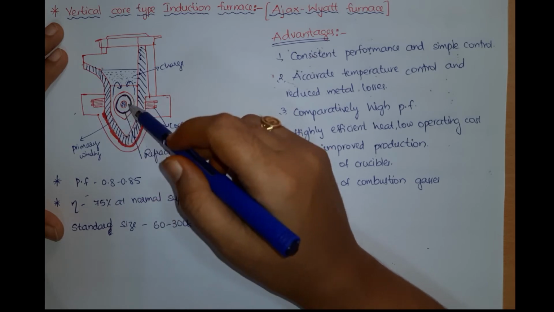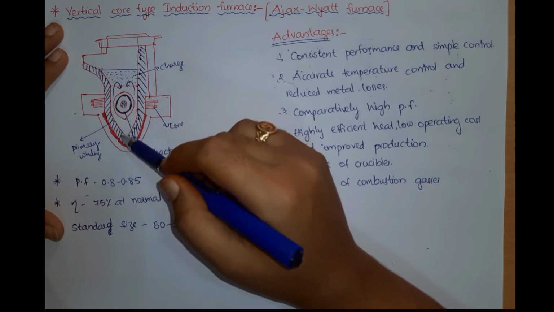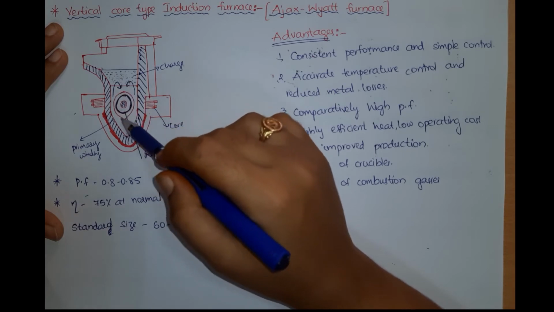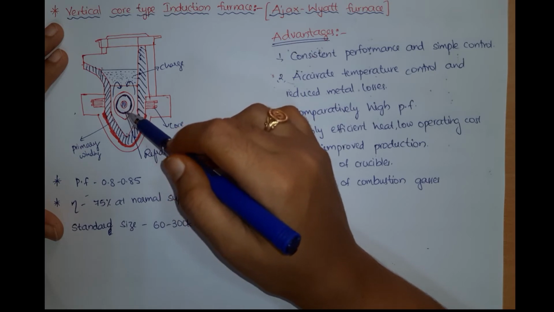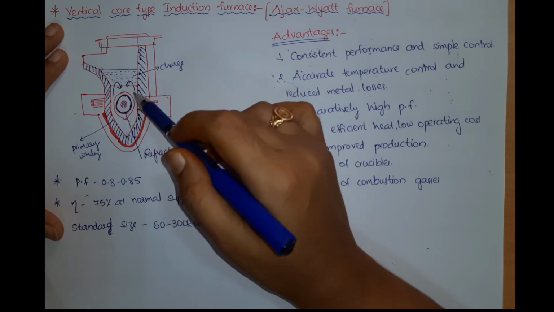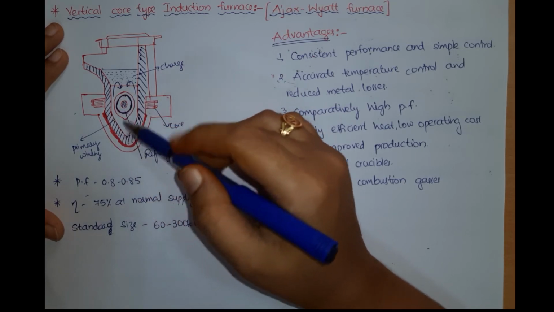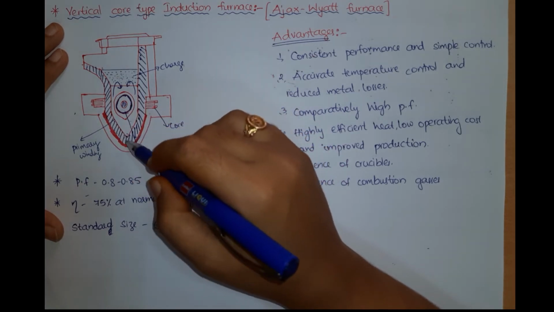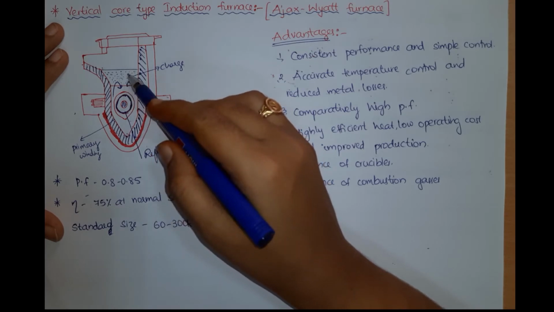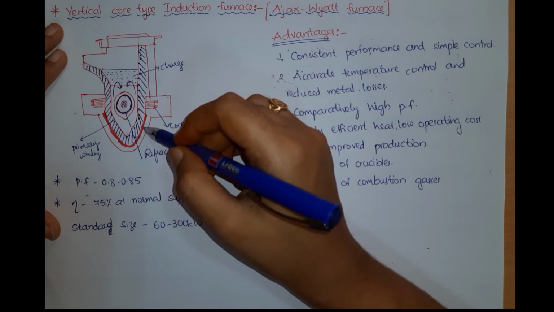On what factors does it depend? It depends upon how much charge is present in the crucible. Crucible is nothing but the place available for the charge, right? So here also the pinching effect is present, but it depends upon how much charge is present in the induction furnace. Now, the type of lining, this is what the lining is shown in the dark. It depends upon the type of charge which you are going to heat. On that, the type of lining depends.